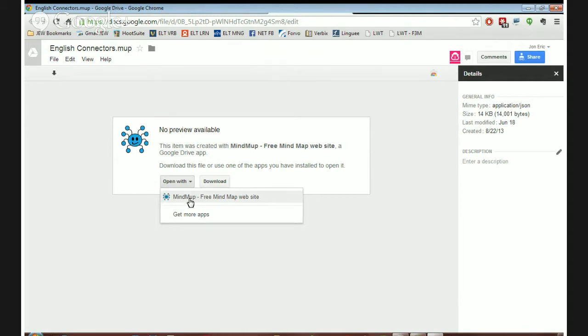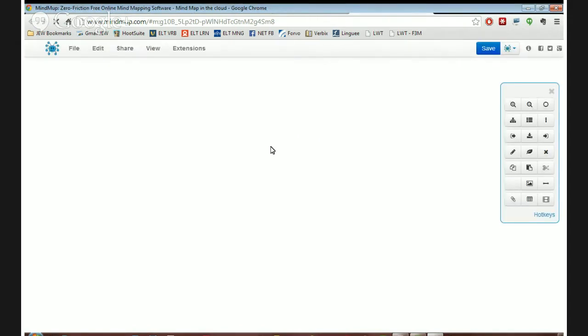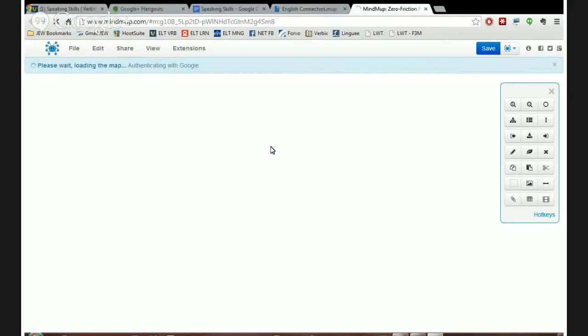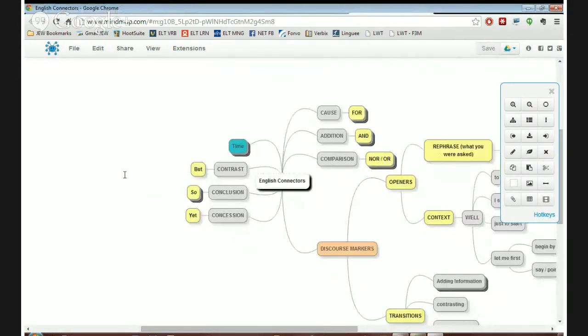you may have to make a free account with the program. This is part of Google Drive, but it's a separate app called MindMap. So you might have to create a free account, or you can download it and open it on your computer. I've already got an account, so I'm just going to sign in, and you'll see the map opening. Okay, let's wait till it opens all the way. Give me just a second here, it takes a minute. The reason I'm showing you this is because each class, we're basically adding more material to our map.